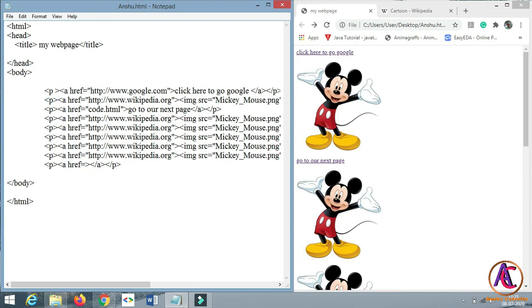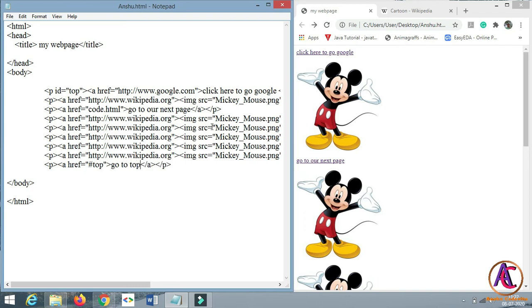ID is mostly used in CSS and JavaScript for styling. So type ID and give a name to it, top, and give the same name to this reference with a hash, and type some text in between the tag.